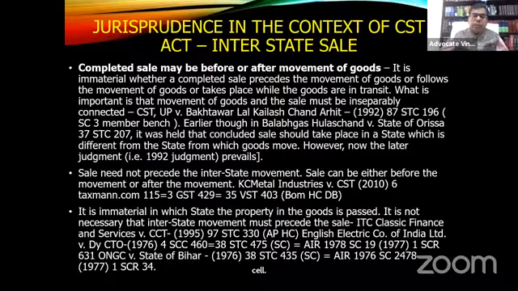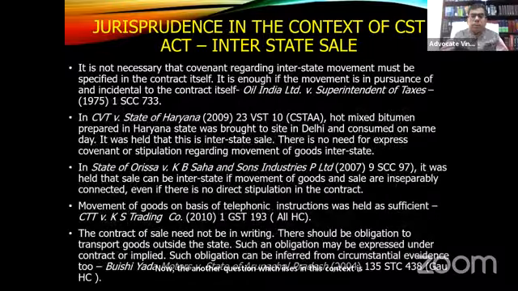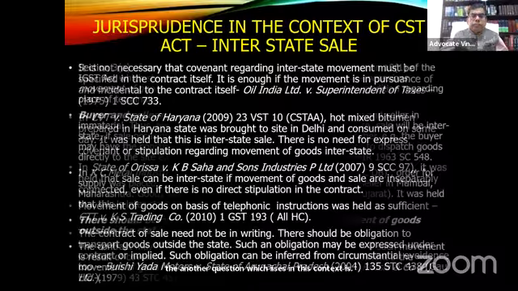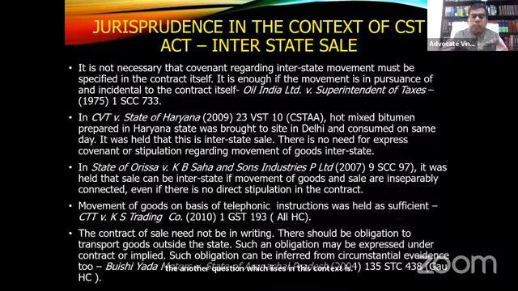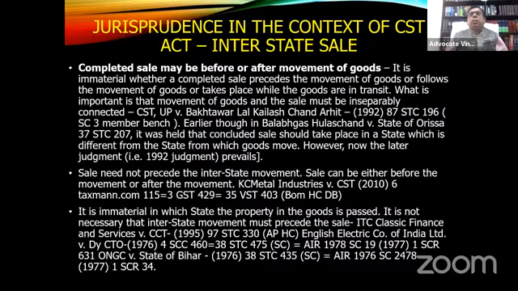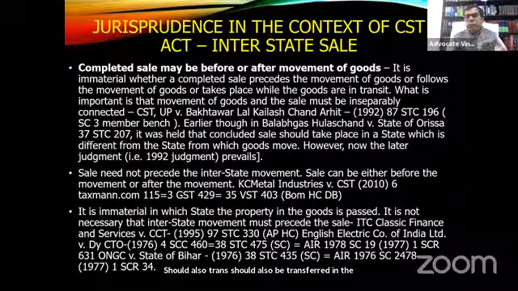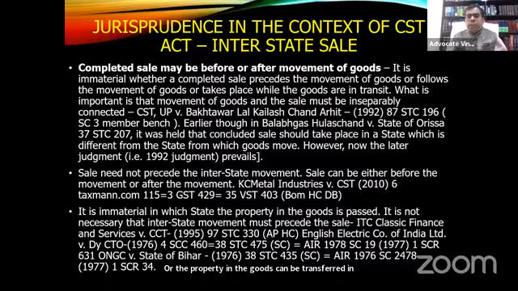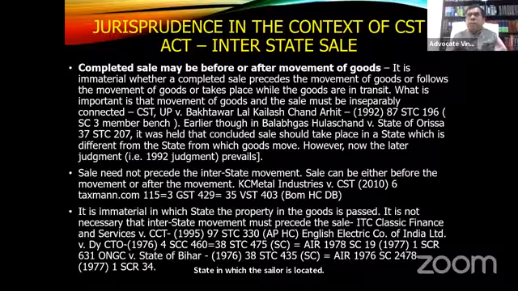Now, the another question which arises in this context is whether the property in the goods should also be transferred in the state in which the termination of the movement of the goods takes place, or the property in the goods can be transferred in the state in which the seller is located, but eventually the goods are transferred to a different state and the delivery terminates in the other state, whether it will be considered to be an IGST transaction or not, or interstate transaction or not. What is your opinion, participants?